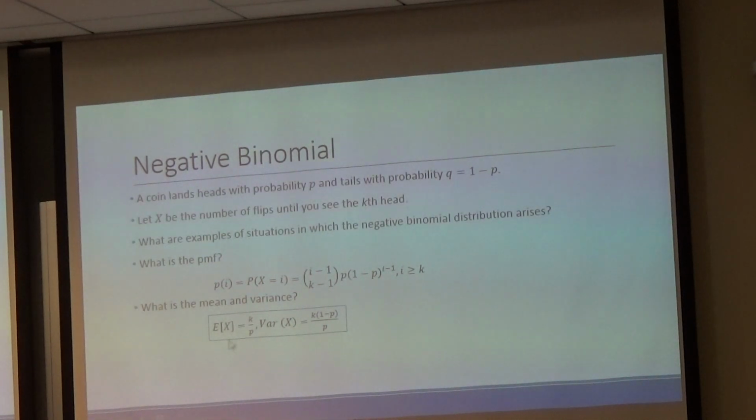And so mean and variance. So for the kth geometric, I'm summing k geometrics. Mean of a geometric is 1 over p, so this is k over p. Variance of a geometric is 1 minus p divided by p squared. I'm summing k geometrics, so it's k times 1 minus